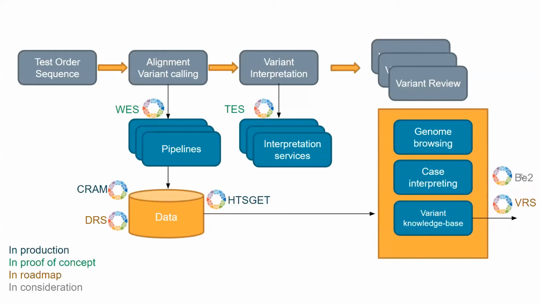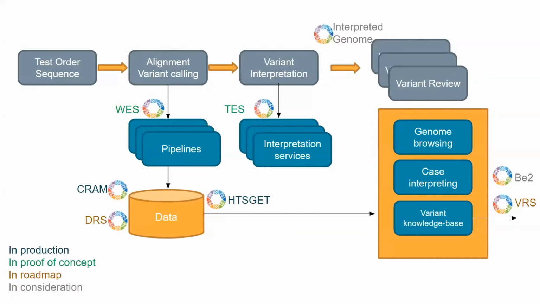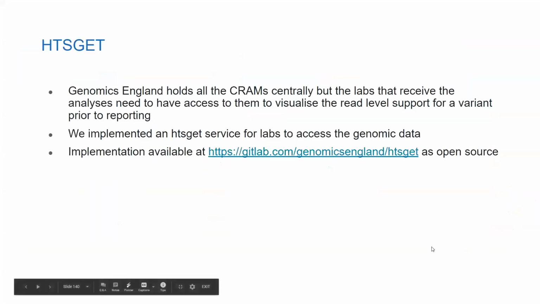And finally, we strongly believe that we need to share that information across the world. And so things like Beacon2, where it's not just do you have this variant, but can have a lot more information about that variant, something that we're involved in right now, certainly in the scoping and following closely, but we haven't started to consider the implementation. So this, I hope, gives you an idea of how we're using those various GA4GH standards, not for the great ideas of federation and data sharing, but really just to solve some of the engineering problems that we have at present. Let me spend just a second on htsget in particular.